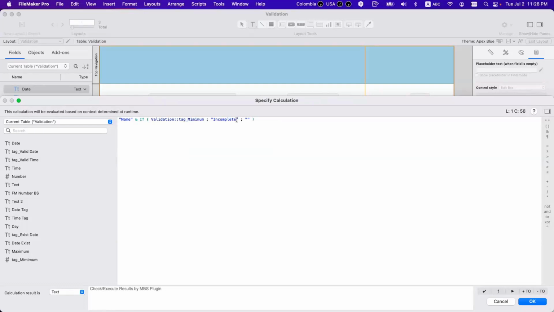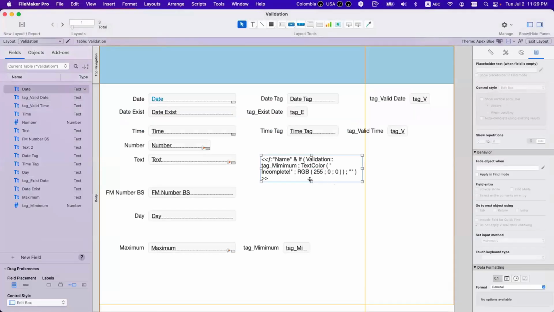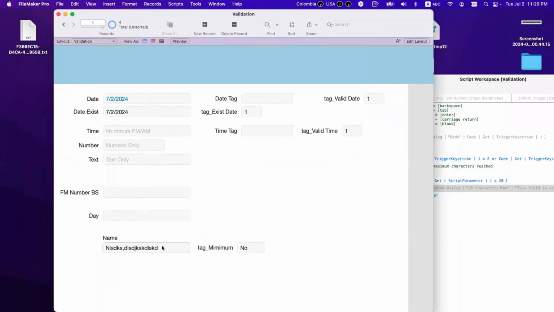So you can do this. And if you want to be nice, you put a nice color on this and you say 255 0 0. So you have this, and instead of getting this, you put that here like this. So it's empty, so I don't care. Name incomplete, correct?